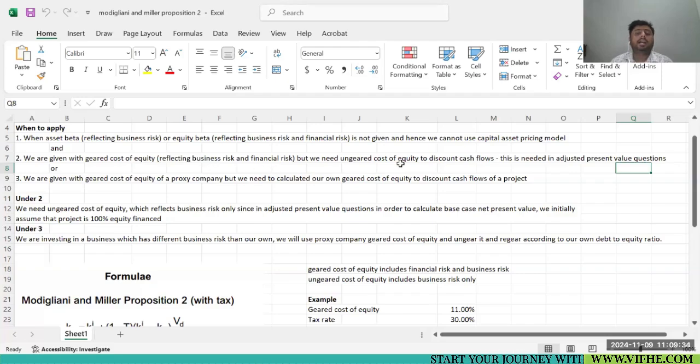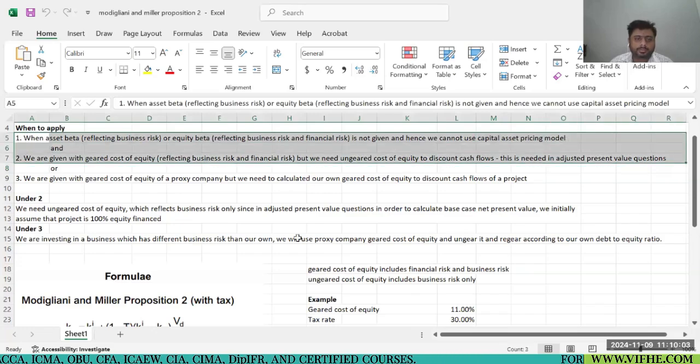But you need ungeared cost of equity, which reflects business risk only. So if you need a cost of equity which reflects business risk only, we will use this formula. So condition number one is compulsory